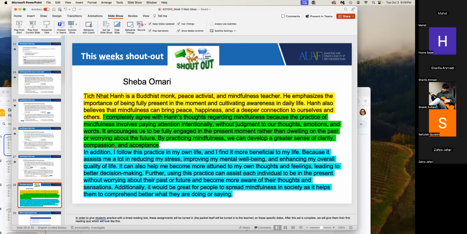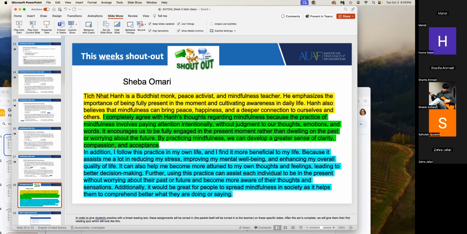So if you want to take a picture of this, so that you can make sure when you do your discussions, now on Perusall, you have the 6 comments, so that kind of helps you with the structure. But when you do the discussion on Canvas, you need to be able to follow this kind of structure. So Sheba, thank you for that. And this is what we're looking for. This is perfect. Thank you.